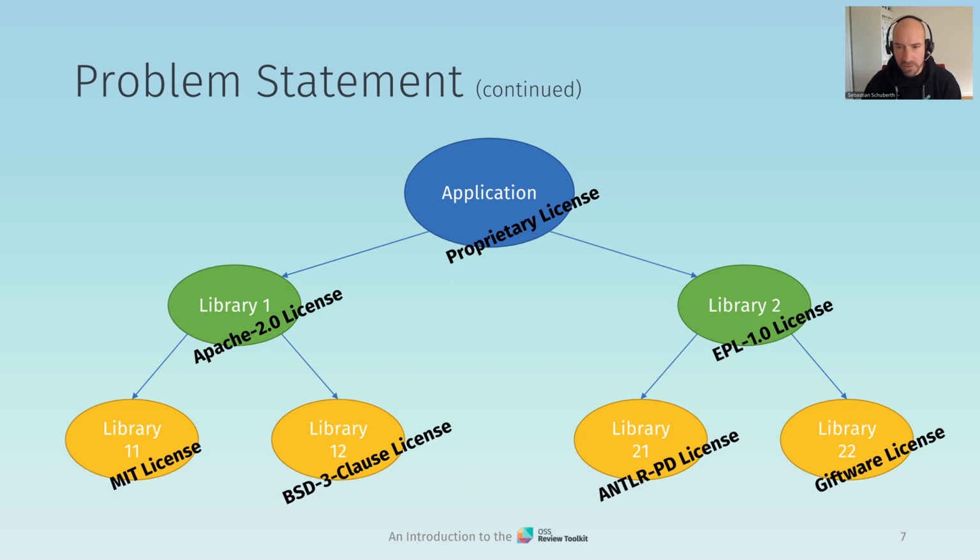Your application is proprietary licensed, but then starting with the direct and transitive dependencies, you might come across a lot of open source licenses. And while these don't come with license fees in the classical sense, you do have a cost in the sense of adhering to license obligations. Since it's you distributing the application, it's also you creating the mix of licenses. So you have to take care that you don't create a mix with incompatible licenses.